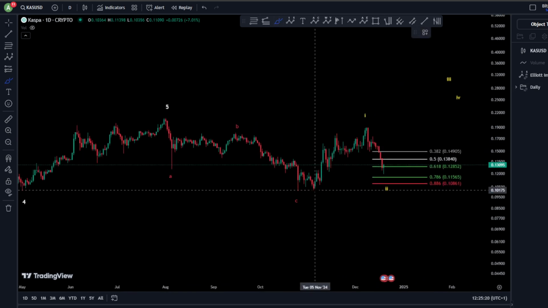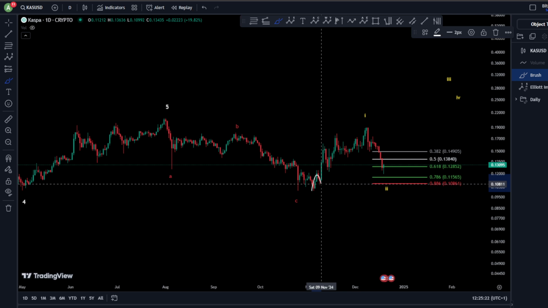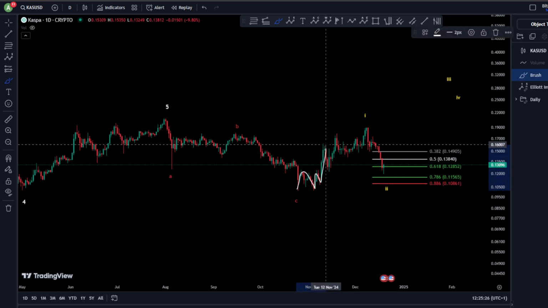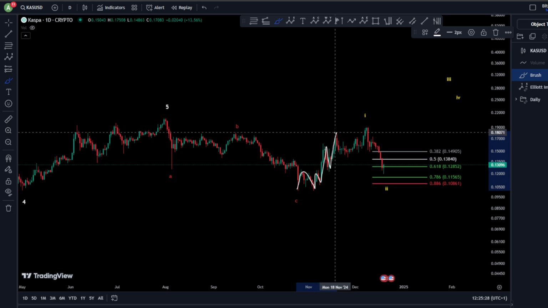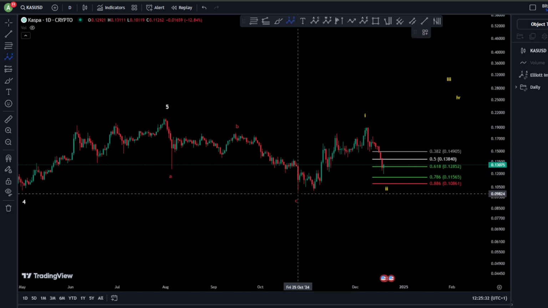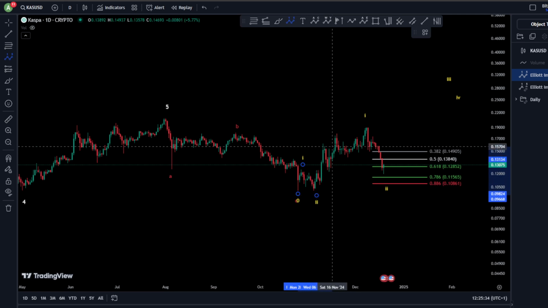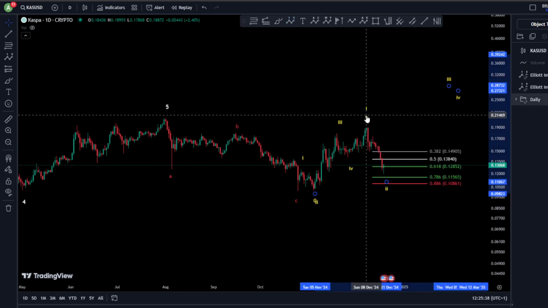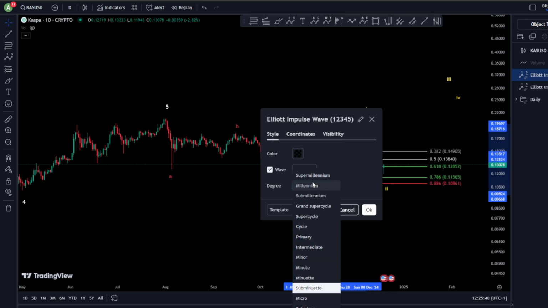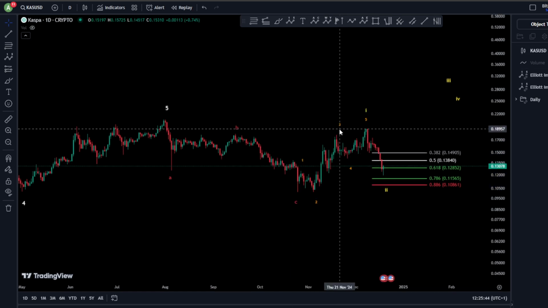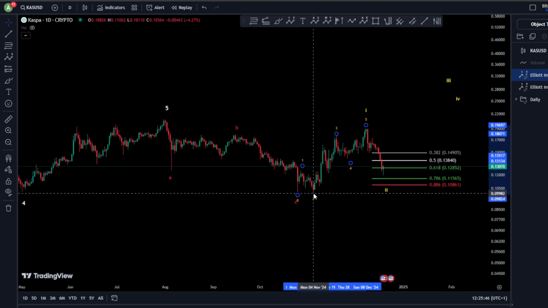Here we see a 1, 2, and then 1, 2, 3, 4, 5 for your wave 3, and then a 4 and a 5. By all means, you are looking here at possibly 1, 2, and then 3, 4 and a 5, of course, to finish as a wave 1. So in that case, I would say, of course, that we are probably bullish, and we are looking towards the